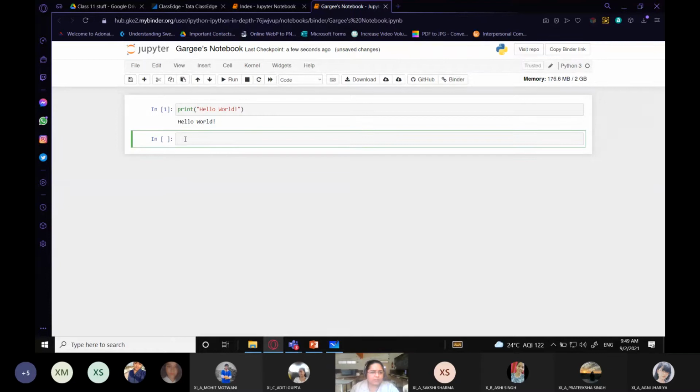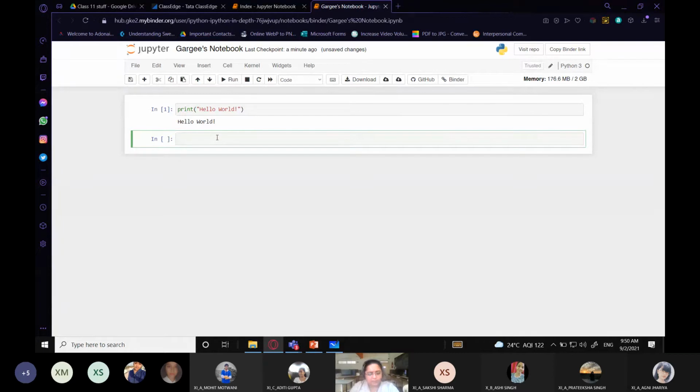And now over here, you can run any other code. For example, let us start by assigning some variables, some constants. Let us start with some literals, assigning some literal values to variables.